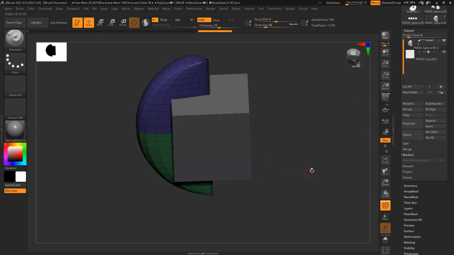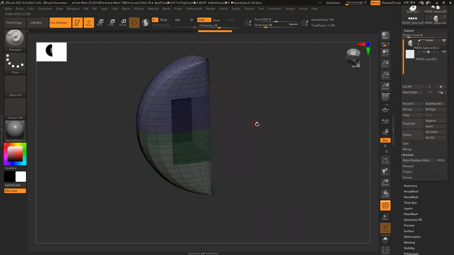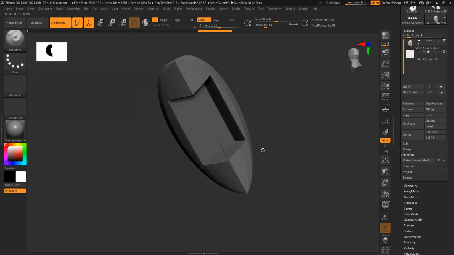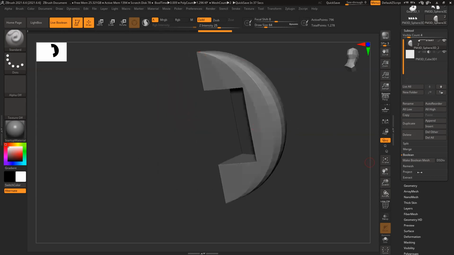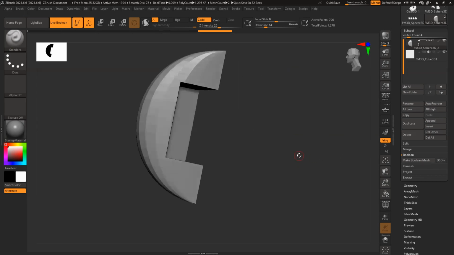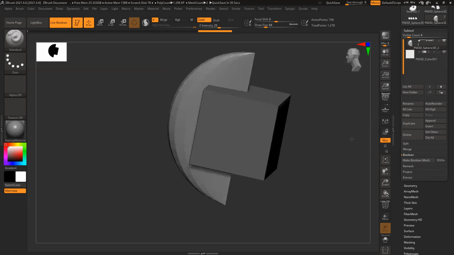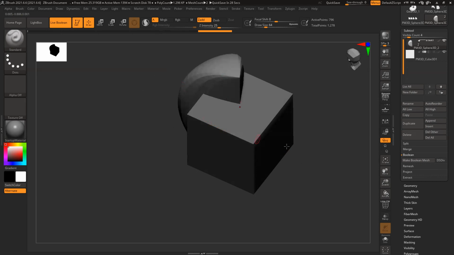Okay, but the problem is, you can see I can use these 2, but it's not activated, and I really can't see anything of what is going on. So what I have to do is click on this option, live Boolean. So click on this, Shift F. So now you can see the preview. It's just a preview, and you can see now this option is active. So I can union, it will look like this, it will weld both the models.